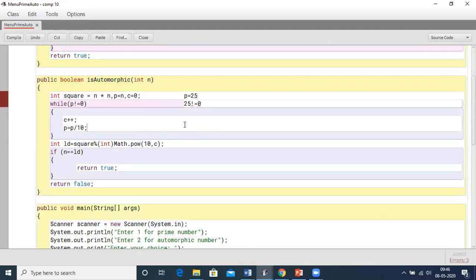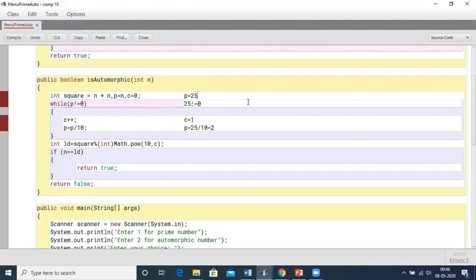First I'll increase C to 1. I mentioned C equals 1, which means so far it has one digit. So P will become 25 by 10, giving me 2 only.